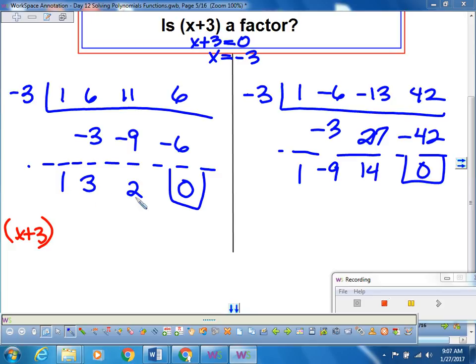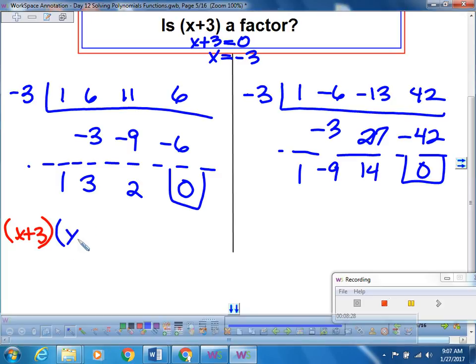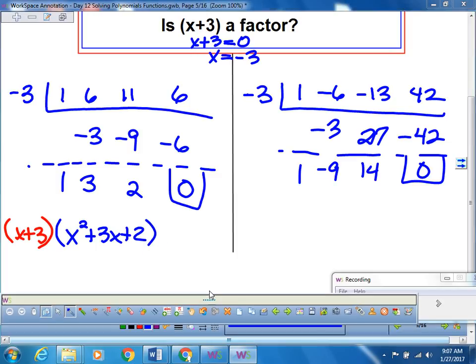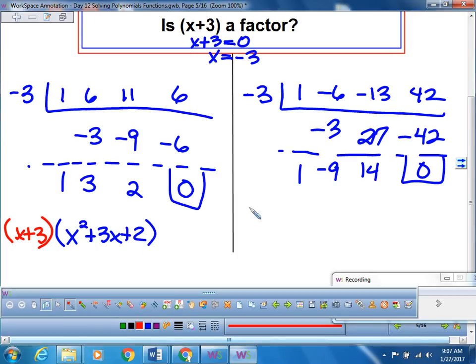This would be the constant. This would be the coefficient of x. This would be the coefficient of x squared. So I have x squared plus 3x plus 2. And over here, I have x plus 3 is a factor, and I'm left with x squared minus 9x plus